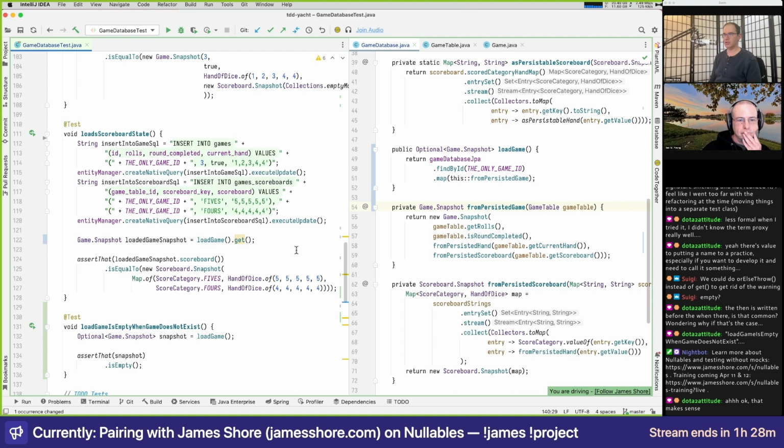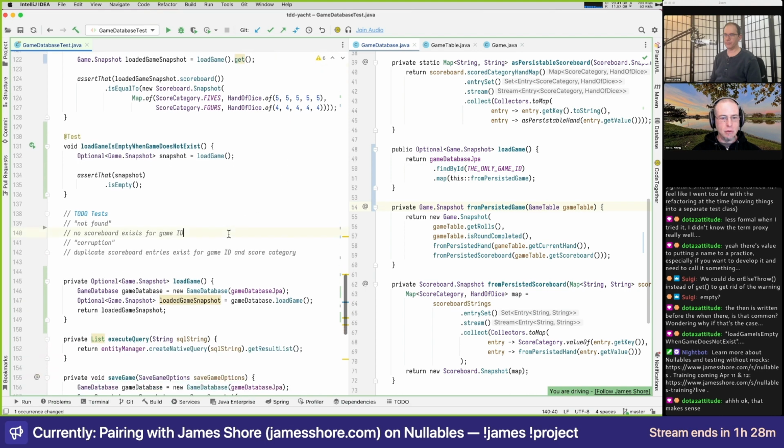Yeah. So the scoreboard is stored in the database as rows in the game's scoreboards table. So if we create a new game, and we have not yet rolled any dice, then we will have a game with no game scoreboard rows. Somehow I was thinking that an empty list would actually be stored, but of course, no, it wouldn't. I'm not even sure if we need to test that because I feel like it's covered at this point. So then no scoreboard exists. That's just normal state. That's just the new game.